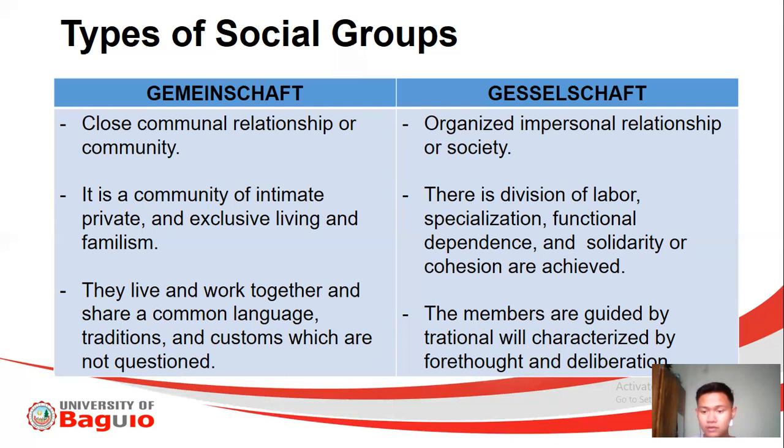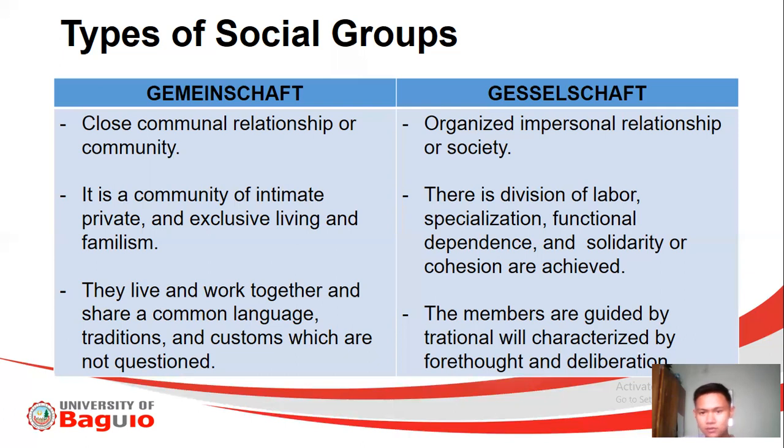Di ba? Like for example, kilala mo ba si ganito na taga doon? Ay oo, siya yung mga yon. Di ba? Halos lahat ng members dito in the Gemeinschaft, despite the fact that their houses are located far away, not in the same place but rather malalayong lugar na nakalocate sila, yung mga members or different family members nila know each member of that community, which is true nga naman, 'di ba? So, alam naman natin sa probinsya medyo uso din ang chismisan. Kaya nga usong chismisan doon, halos magkakakilala sila.